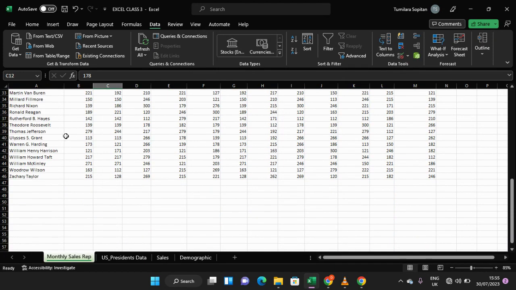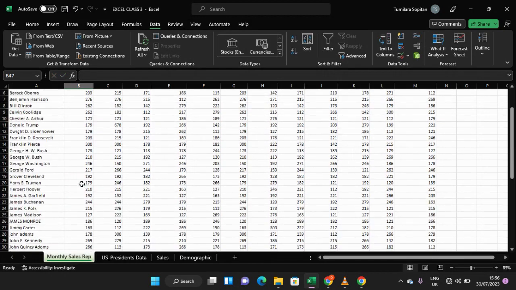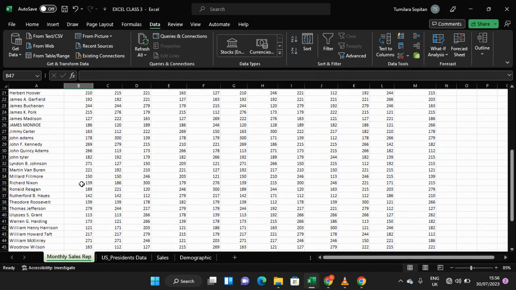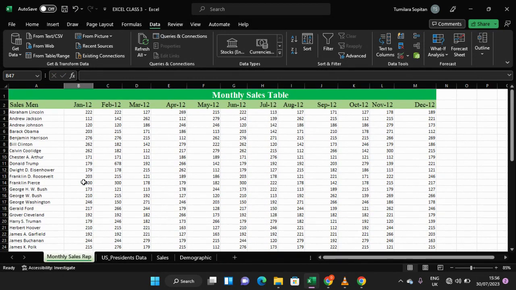So let us look for the total. Here we bring in Total Sales, total. In order to get the total sales for each salesman for each month,